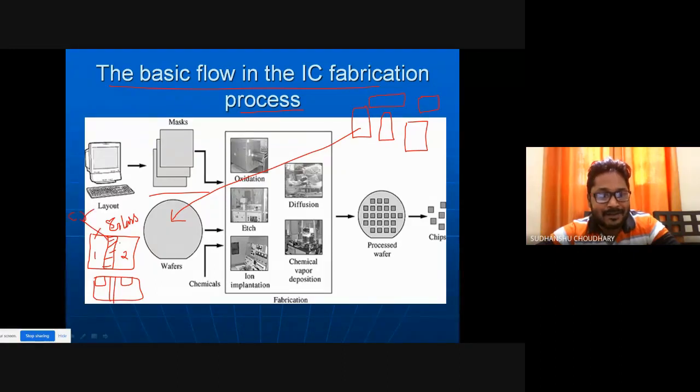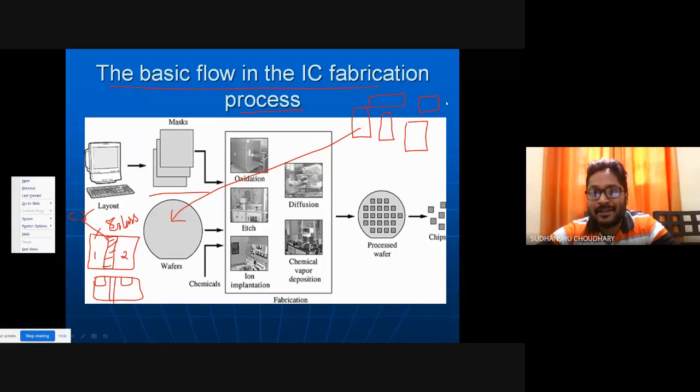We'll understand how this mask is used to create patterns, and then how to deposit silicon dioxide layer, or for etching purpose or for diffusion purpose. For all these purposes, that is oxidation, etching, diffusion, and even ion implantation, all these four processes require masks, and these masks are generated from the layouts, because layouts contain information about your circuit, and that information is in terms of just these rectangular blocks.